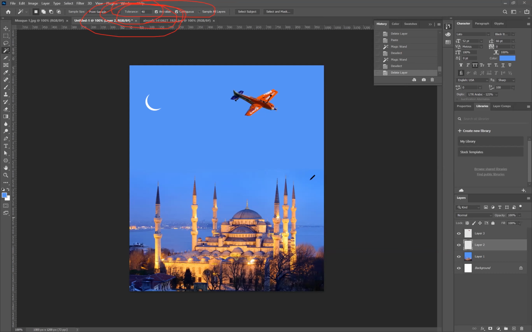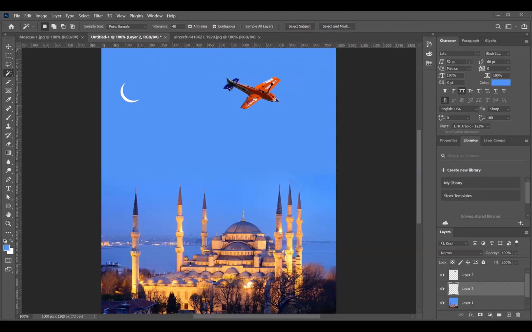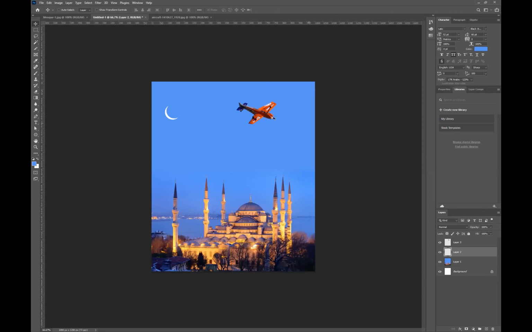Let me make it smaller. Now I can see. Display setting, one second. Okay, now you can see.